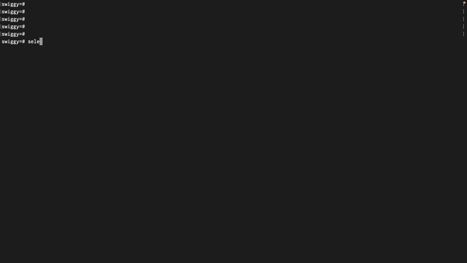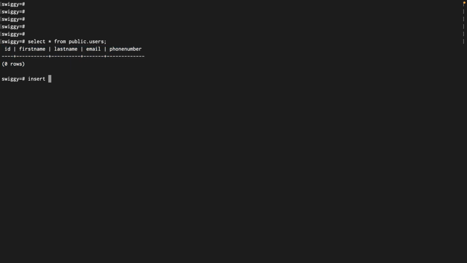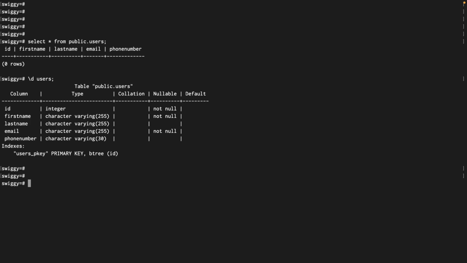Let's see our database again, starting from public users. Nothing is in our table right now. Let's try to insert the data. Insert into values. I've forgotten the schema, so let's see what the schema is. Okay, cool. So insert into values, and then 1, and then